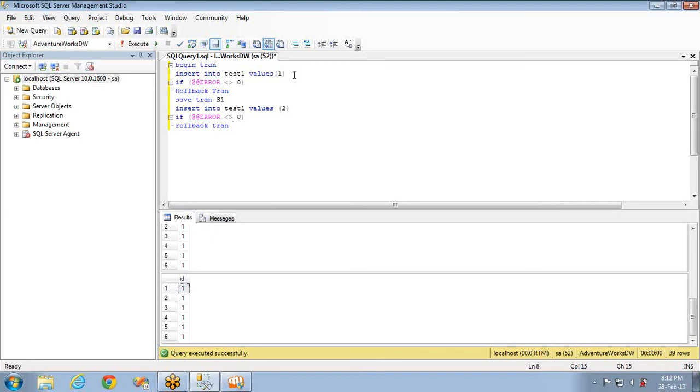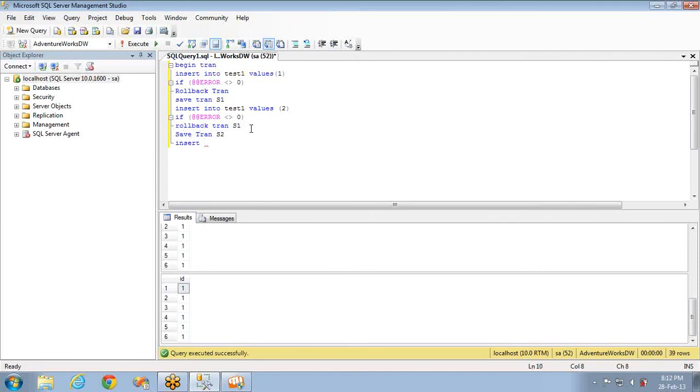You don't need to roll back the complete transaction. You can roll back up to S1. That means only this part will be rolled back, and the remaining things will still be present. The remaining things will be available in the table, in the database for applying the changes to the data. Now this is done. You can have a save point here like S2, and again you can insert the data.